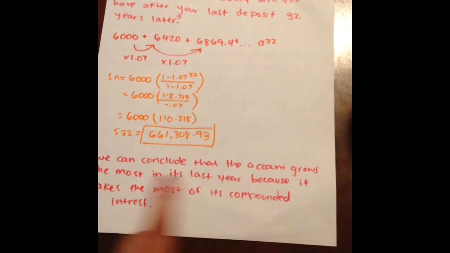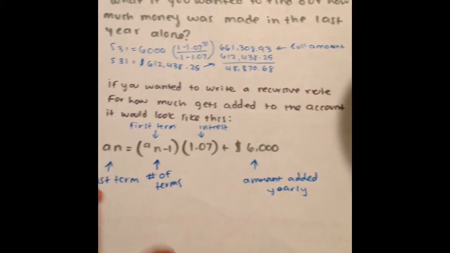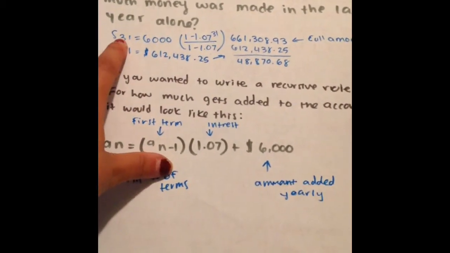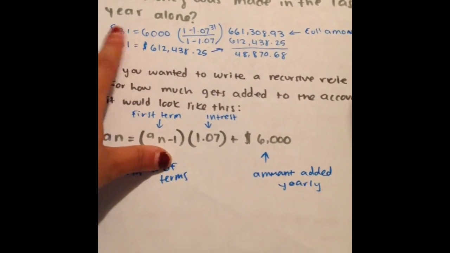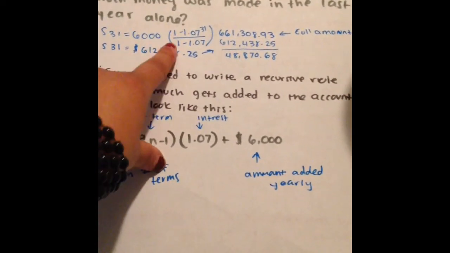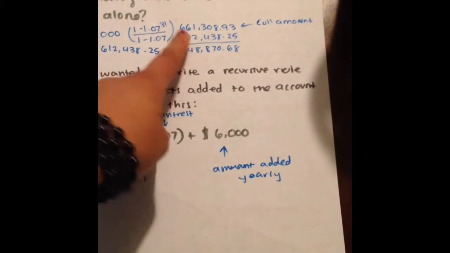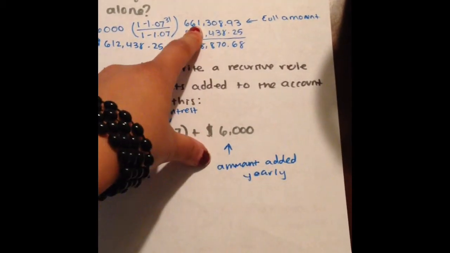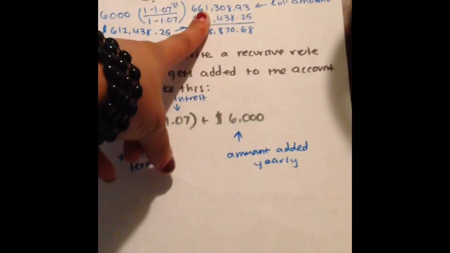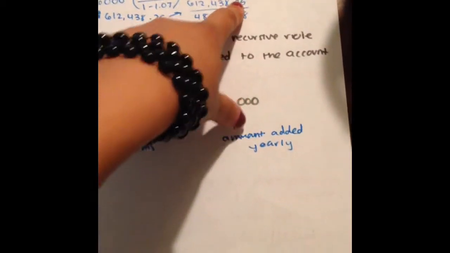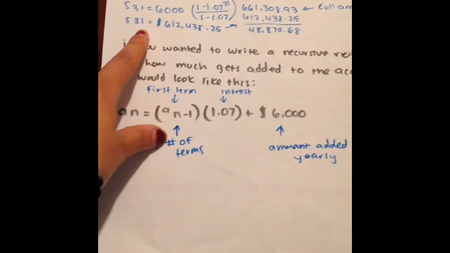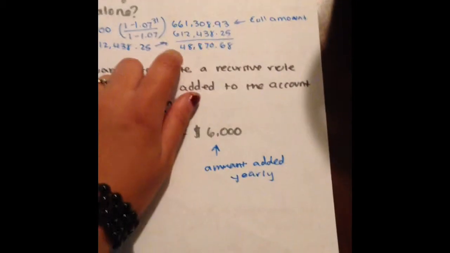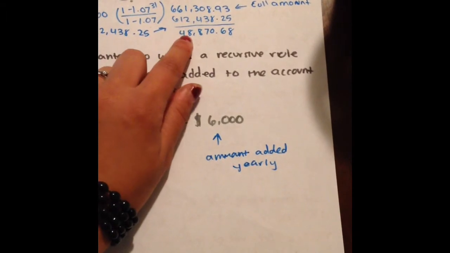We can conclude that the account grows the most in its last year because it makes the most money on its compounded interest. But what if you wanted to find out how much money was made in the last year alone? Well, we could just do S31 times 6,000, and you type in everything. The full amount is 6,601,308.93. And so we have that amount, and we're basically just going to subtract it from the last year, and we get